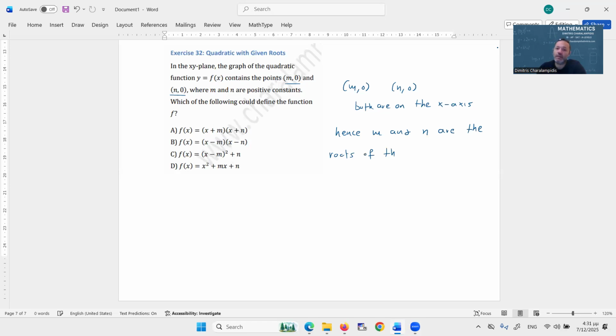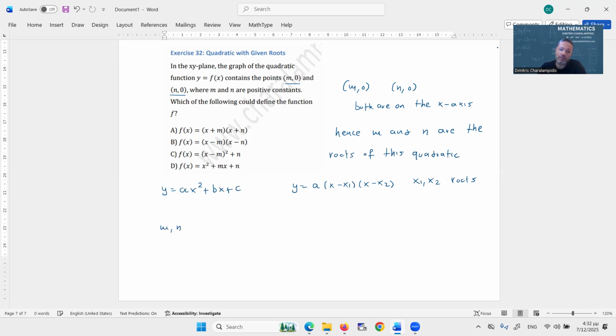of this quadratic. We know that the quadratic ax squared plus bx plus c can be written in the factorized form of a times (x minus x1) times (x minus x2), where x1 and x2 are its roots. Now the roots here are m and